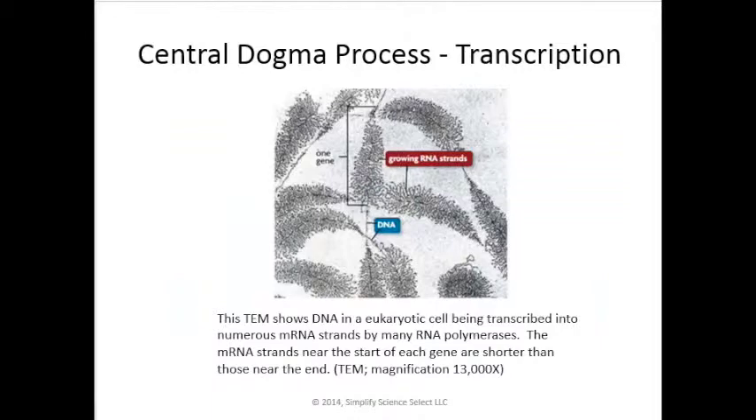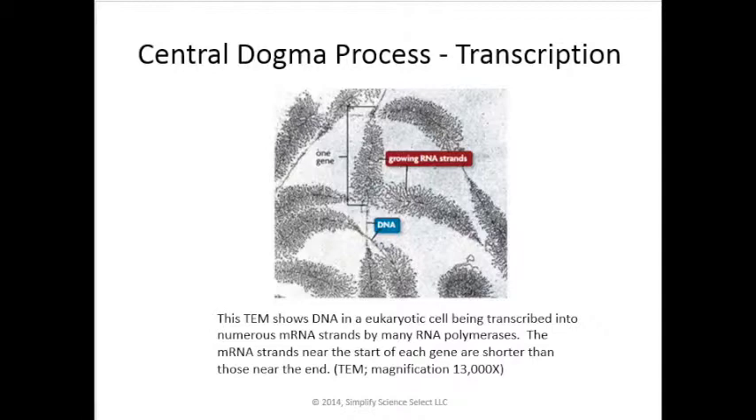This is kind of a cool picture here. This picture was taken by a TEM. That's a transmission electron microscope. Really cool piece of technology. It allows us to see inside of things. It only lets us see in black and white, but this image is a real picture taken using electrons instead of light, at 13,000 times magnification, which is incredible. So we're looking at